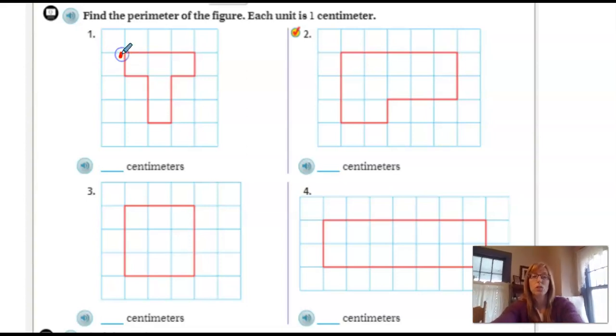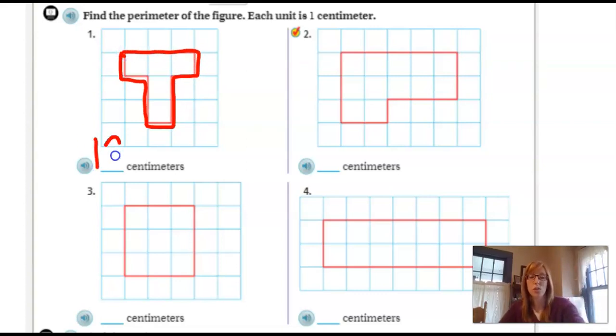So I'm going to start right here. You guys find where you want to draw, okay? I'm going to try my finger first. All right, here we go. So there's 1, 2, 3, 4, 5, 6, 7, 8, 9, 10, 11, 12. So hopefully you got 12 centimeters because they actually told us what each one of these little units are actually